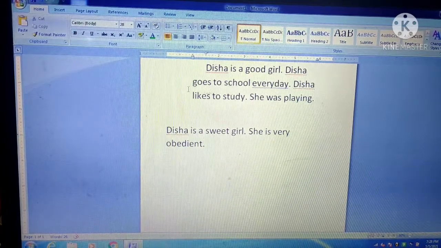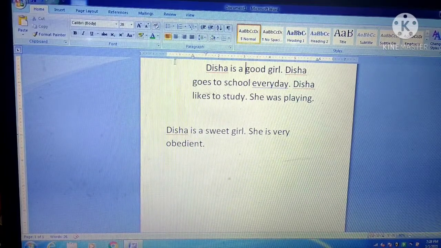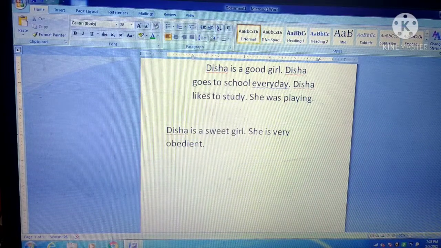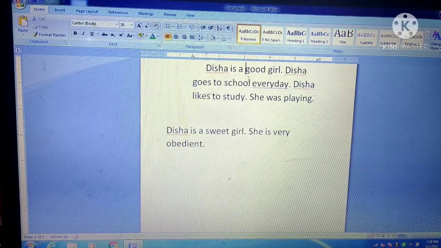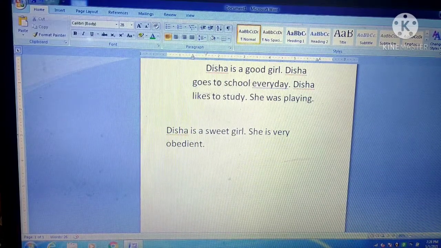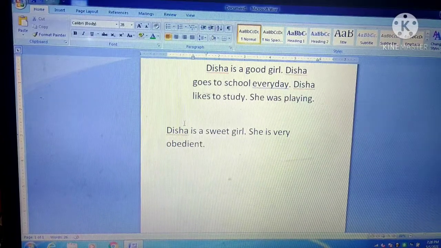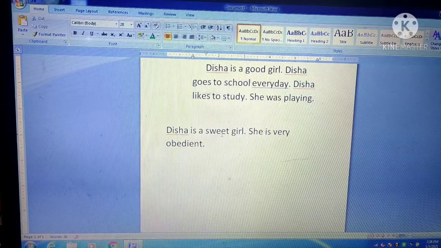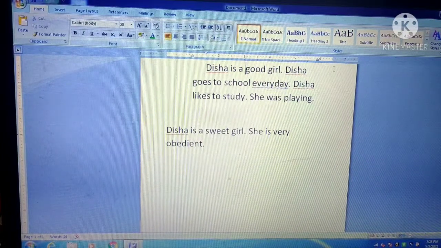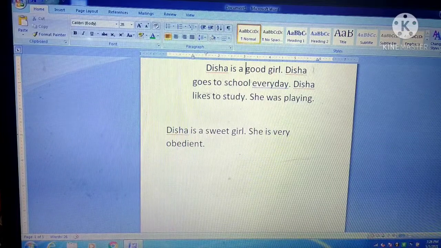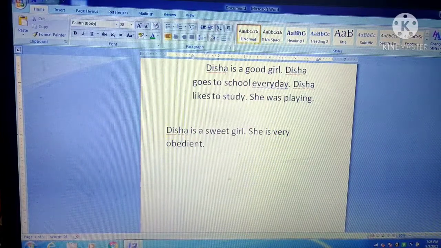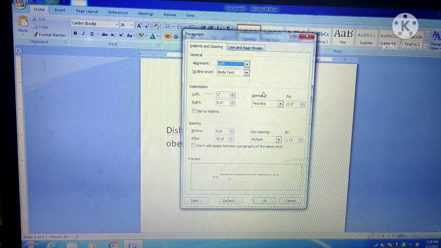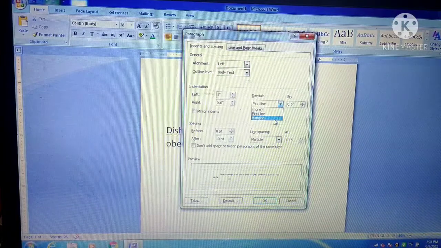So you can see here that there is some space between this margin and the text. Since I have clicked on this paragraph, the effect is only on this particular paragraph, but this paragraph remains unchanged because I have not selected that paragraph. Here also there is some space between the text and the right margin. Since this is the first line, now we will see how the hanging indent option works. Let us choose the hanging indent.